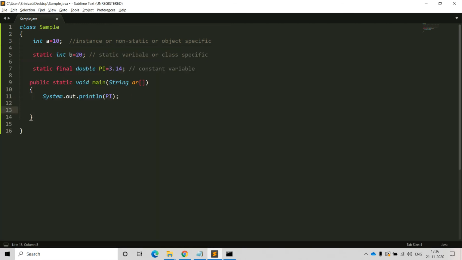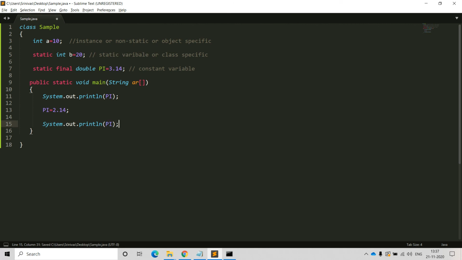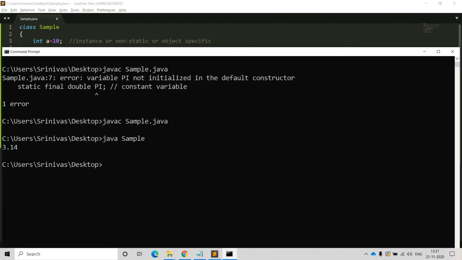Now, constant is a fixed value. We should not reassign some value to the constant variable. Let me try to assign some value to the constant variable. I want to update the constant variable value, otherwise I want to reassign some other value to the constant variable. Let us check whether it is possible or not. pi equal to, I want to assign 2.4. Is it acceptable or not? Try to check it. System.out.println. So I want to print the same pi value. Try to check it. Is it possible to print the value?